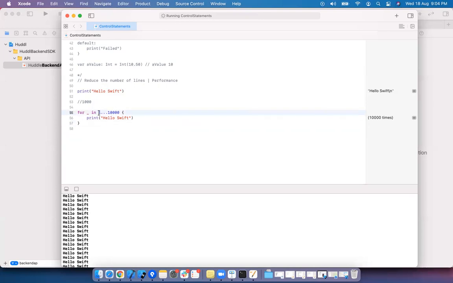Now, for-in. Here we need a collection. A collection is a group of values. Let's say I'm having some student names, 1, 2.